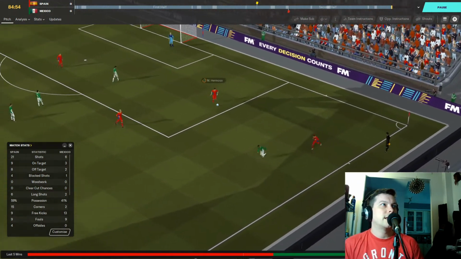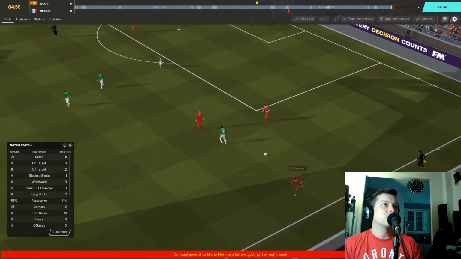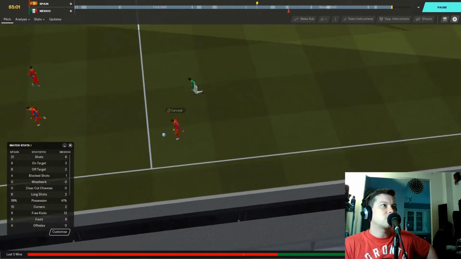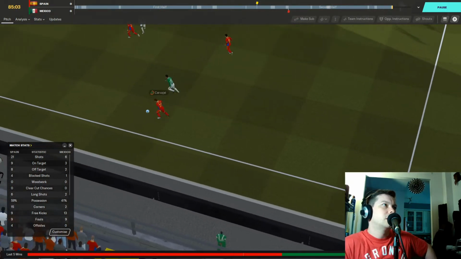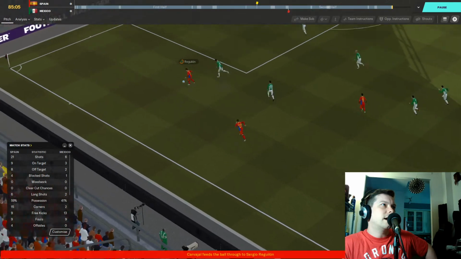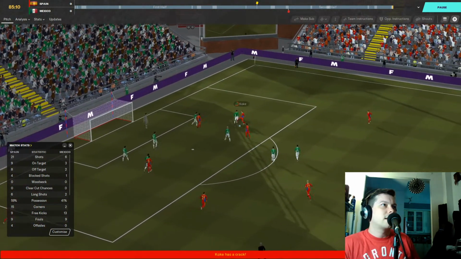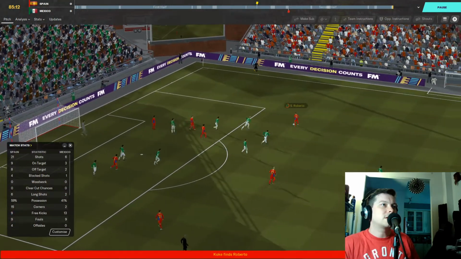He's going to try to play it out of the back here. Hermoso to Carvajal again. Down the left now. Looks like Carvajal's switched to the left-hand side now from the right. He's blazing down the line. Forward to Reguilon here. Gets the cross in. Oh, who's there? Koke. Can he shoot? No, it's blocked. Back to Sergio Roberto.